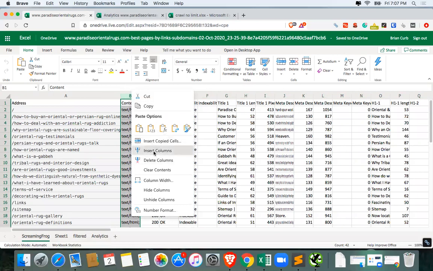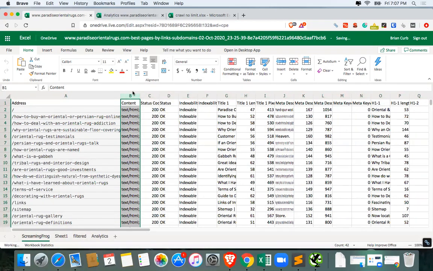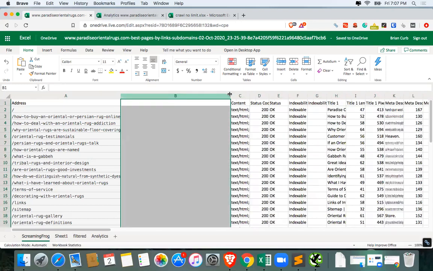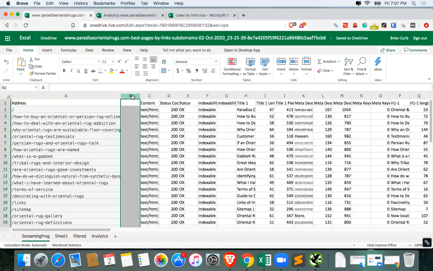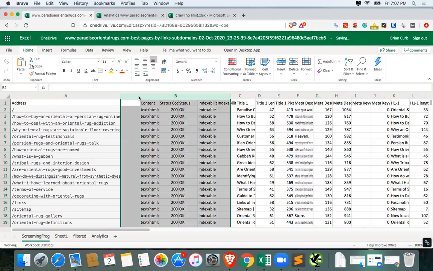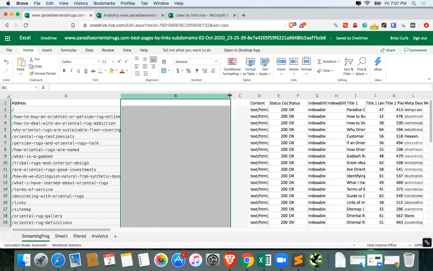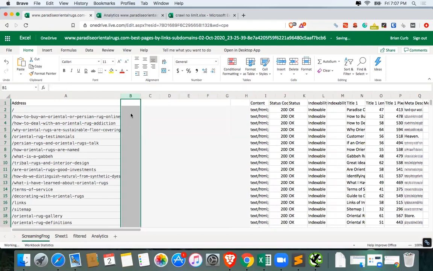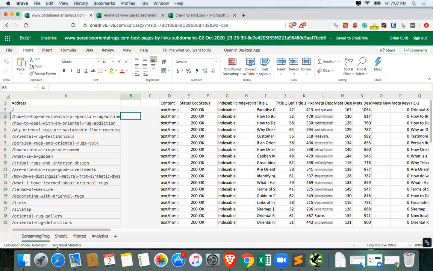I'm just going to insert a couple columns because we're going to do a VLOOKUP. I wish that wouldn't resize like that. So what I'm going to do is go over to